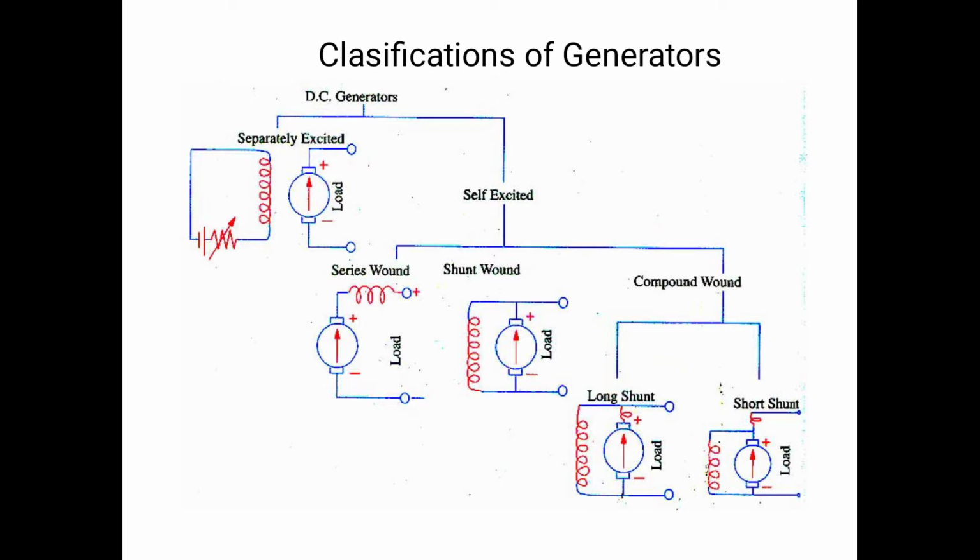Okay, so next, parallel connection. Parallel connection means the voltage applied across each element is the same and current divides in each element, based on the resistance. If the voltage across each element is the same and current divides in each element, the connection is called parallel connection. So here the shunt field winding is connected across the armature winding. If you apply voltage across the armature winding, the same voltage is applied across the shunt field winding. So parallel connection means the voltage across each element is the same.